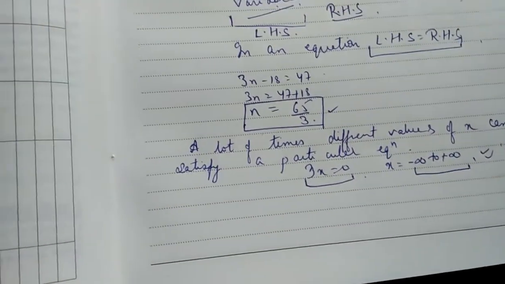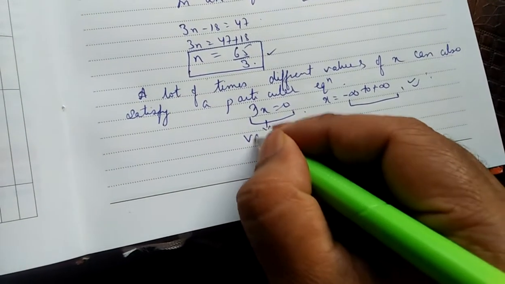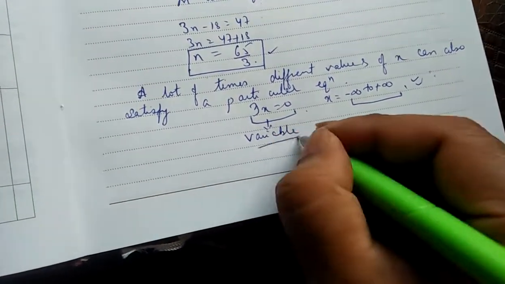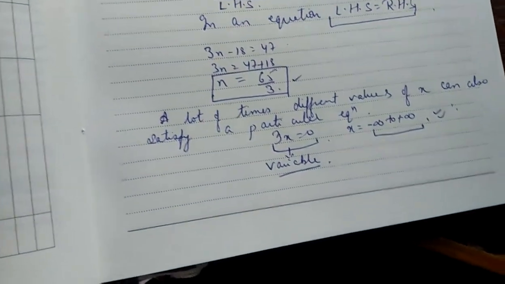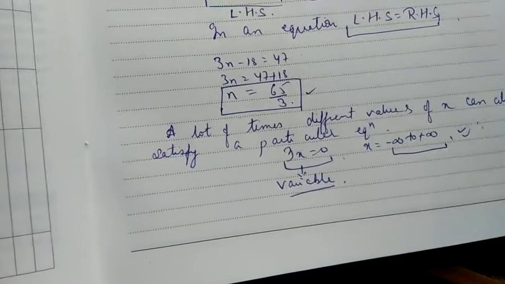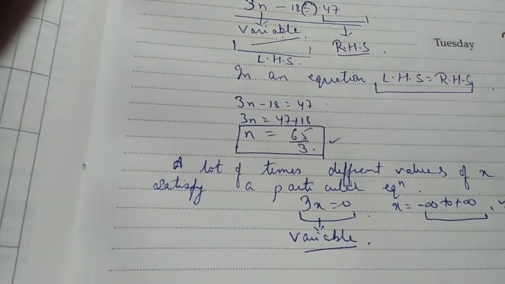All right, so a variable in an equation, this x is called a variable. Okay, so a variable in an equation can take different numerical values. Okay, so let's discuss few questions and that will make things much more clear. All right,